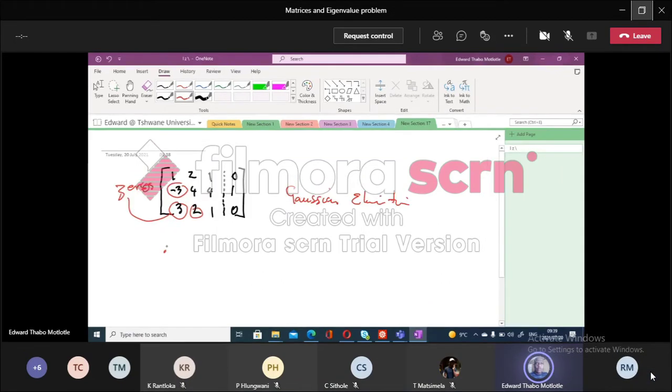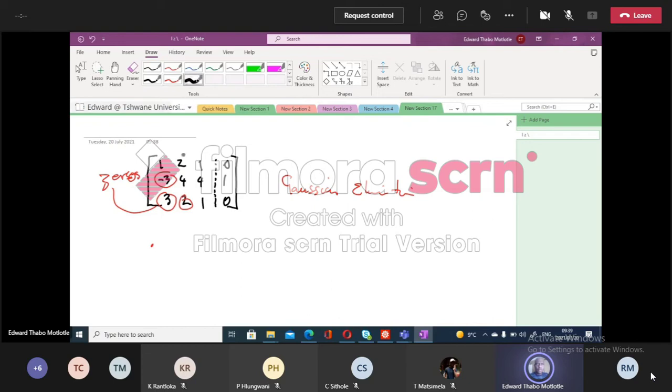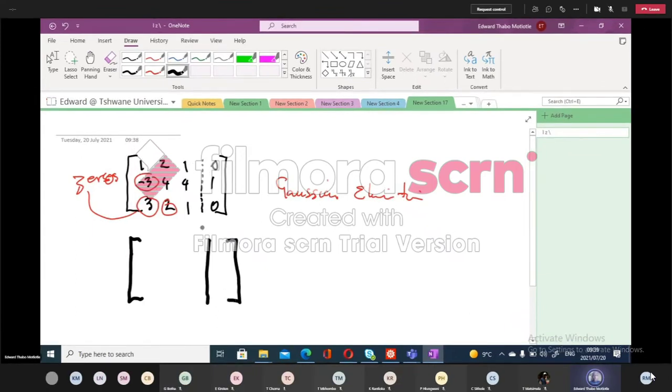Zeros. And now with Gaussian, so let's say we have 1 0 0 0 0 1, 1 0 0 0 1, and let's say here we have 1, 2 and 3. So if you can reduce your system to this, then this will be